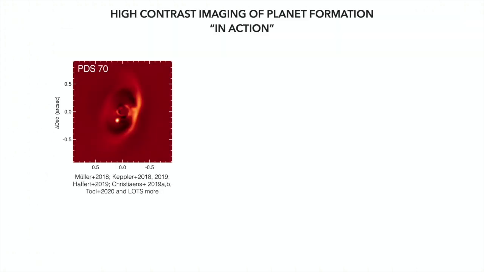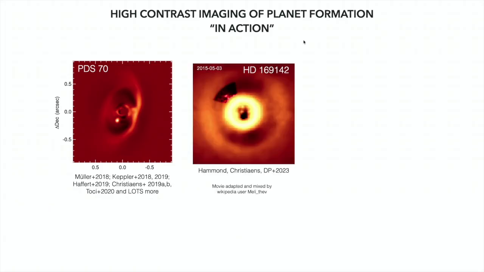The other way, of course, that we've cemented this picture is by taking actual pictures. The reason this is hard is because most of the time, planets are obscured by disk material, so you need special cases where you can really see in. PDS-70 is one really good example: it's pretty face on, there's a cleared out dust cavity and you can peer in and get an image. Here you have two directly imaged planets that are, by selection effect, multi-Jupiter mass, because that's what we can detect. But the hope is that with telescopes coming online, we're going to cement this picture pretty clearly.